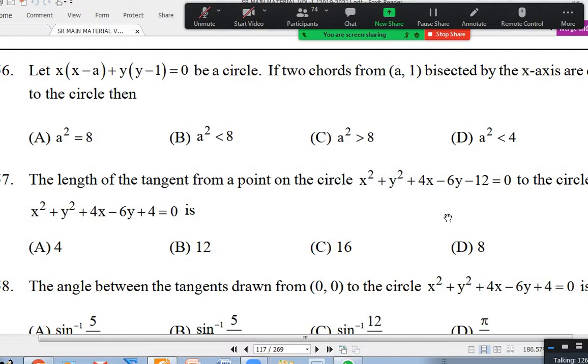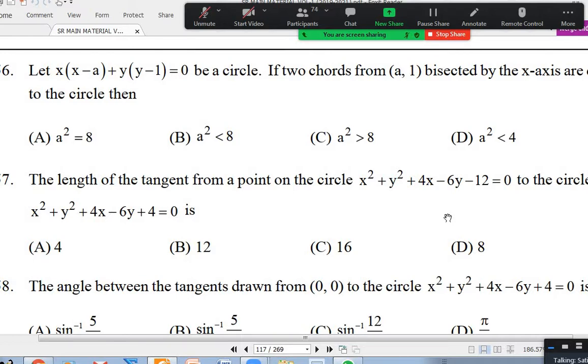Sir, the two given circles are concentric, no, sir. Okay. So from a point x comma y on the larger circle, we will draw two tangents which are touching the smaller circle, and the perpendicular distance from the center to the tangents will be the radius, and those two tangents will form two right angle triangles, sir. Yeah, you are trying to do it from the figure. Yes, sir. So you can do it from the figure.